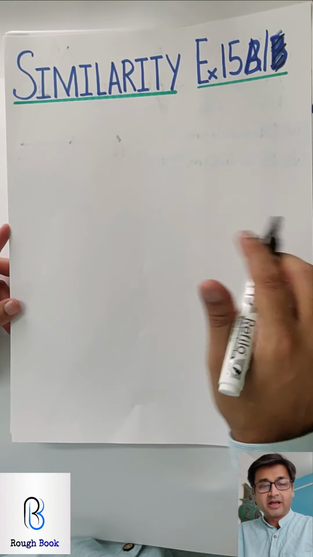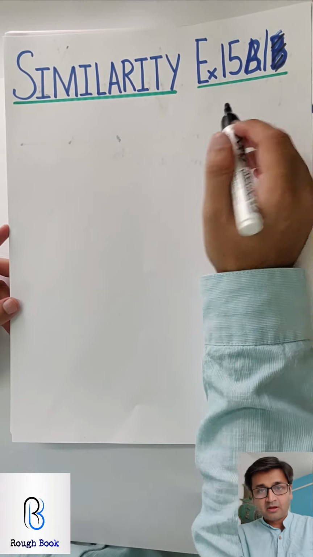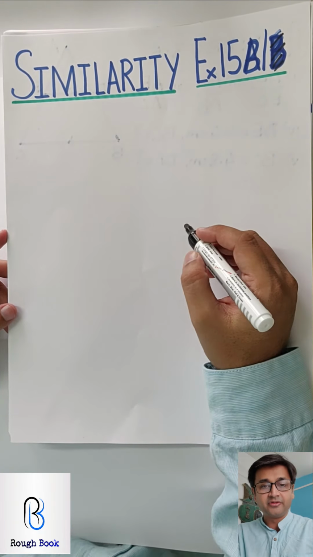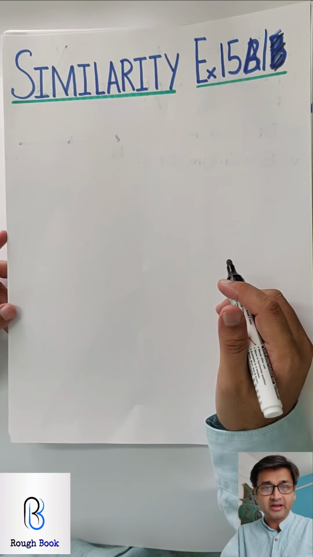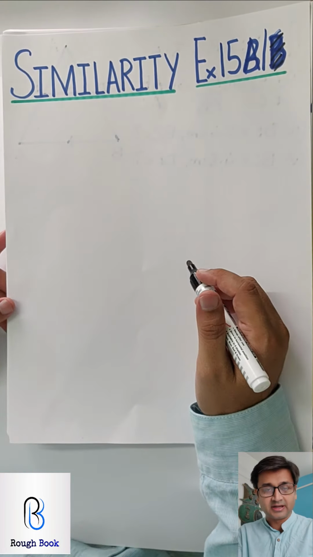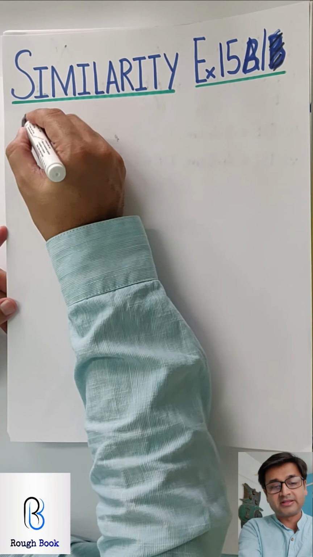Hi, we're getting into similarity exercise 15b. We had finished 15a in 3 videos, 3 different parts, and now we're getting into 15b. 15b is a fairly easier exercise. There are only 2 new concepts that you need to understand. So the first one is called the